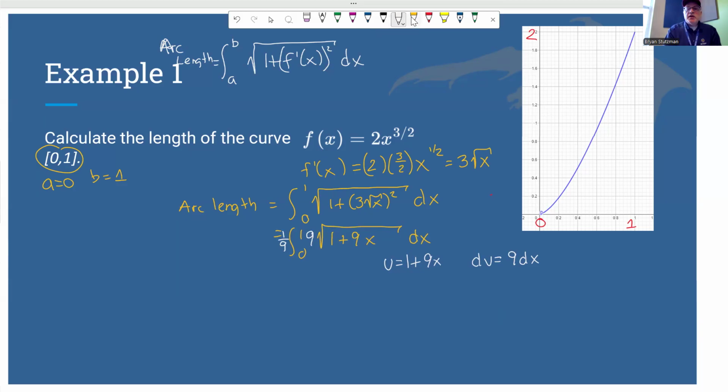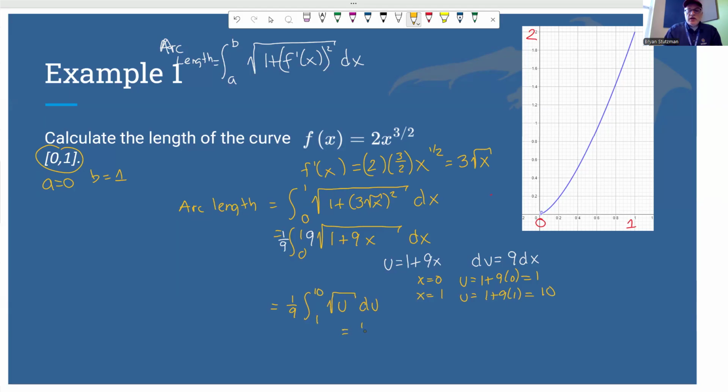And I'm going to change the limits of my integration and get rid of my x's and only worry about u's by itself. When x was 0, my lower limit of integration, u is equal to 1 plus 9 times 0, which is 1. When x was 1, which is my upper limit of integration, u will be equal to 1 plus 9 times 1, which is 10. So after I do my substitution, I now have 1/9 times the integral from 1 to 10 of the square root of u du,